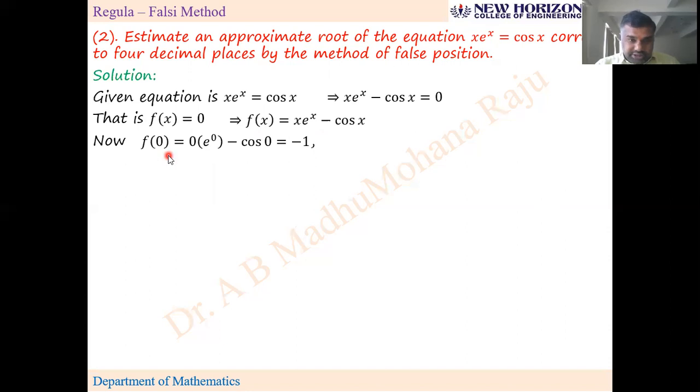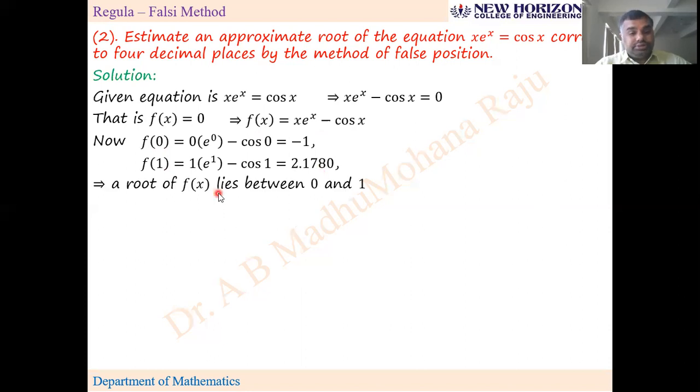Now, by trial and error method, guess the values where the function is negative and positive. F of 0 is minus 1, f of 1 is 2.1780, which means the root lies in between 0 and 1. But if you observe the previous problem, it went up to 8 approximations, 8 iterations. So to decrease the number of iterations, what we will do is select the middle point where the root lies in between